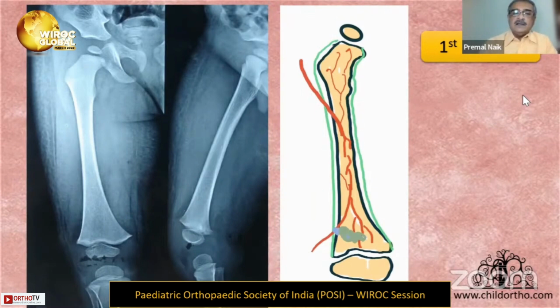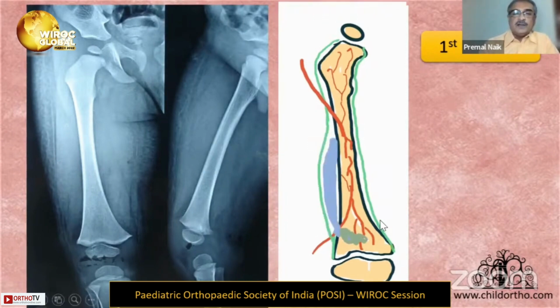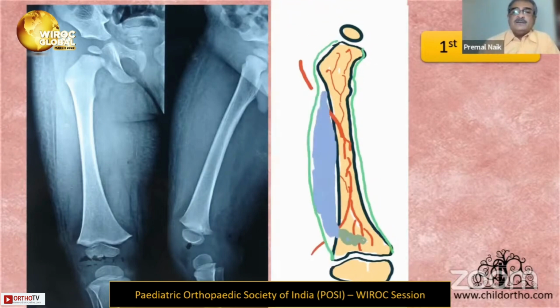And if you can see here, there's always an intraosseous abscess in the metaphysis, proximal or distal, and there is no other pus at any time. So only MRI can pick up the diagnosis at this point of time. Gradually, when the infection is not controlled, there's a subperiosteal abscess, but at this point the vascularity is normal. When you don't treat it properly and don't drain it, the abscess becomes